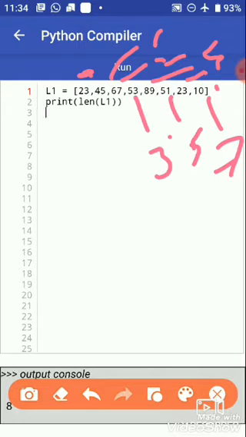We can also sort this list. So first let's try to access the members according to their index number.